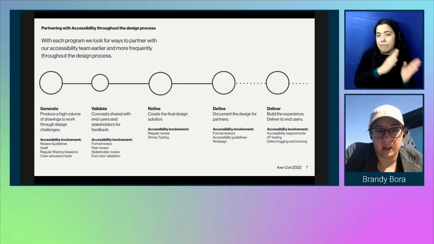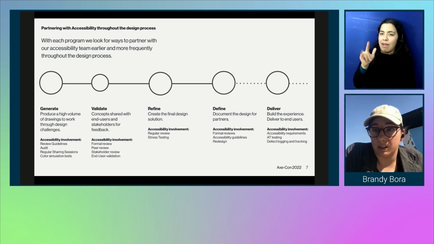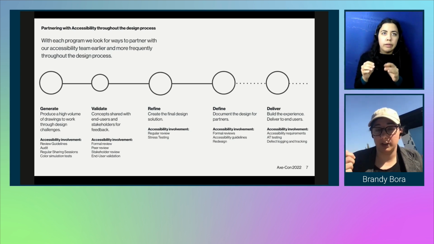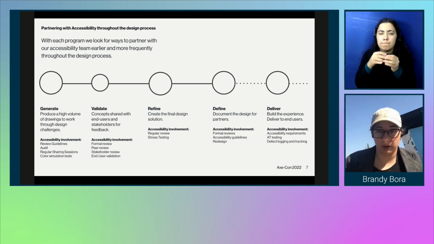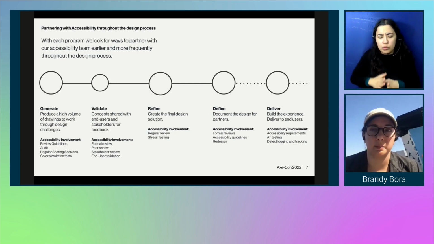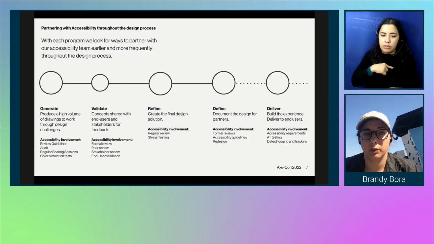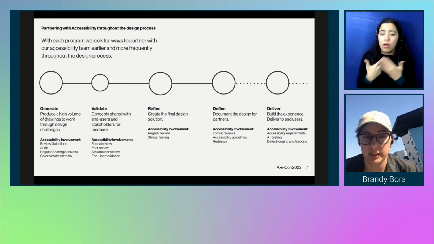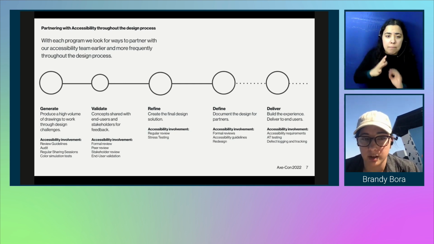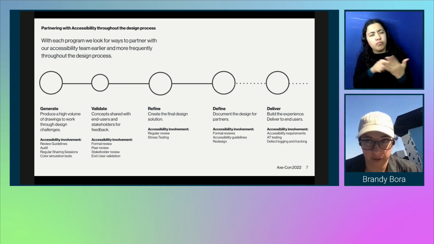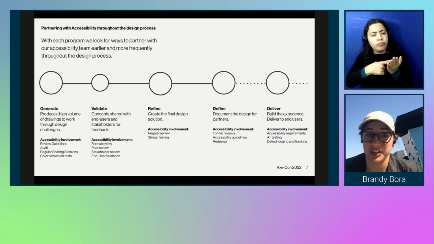And then in the validation phase, which is the second phase of work for the program that we're going to talk about today, which is where we take a concept and try to distill it into something that has more of a definition that we validate with stakeholders, partners, end users, basically decide whether that is something that we're going to take forward. So we share these with all of our different parties for feedback. We involve accessibility in formal reviews. We also do peer reviews, stakeholder reviews, a lot of reviews, and end user validation at the very end of